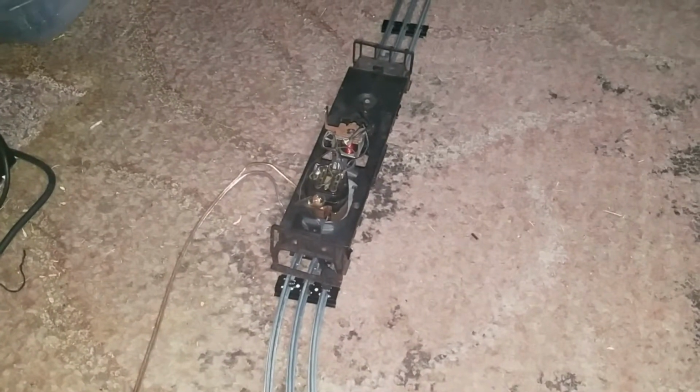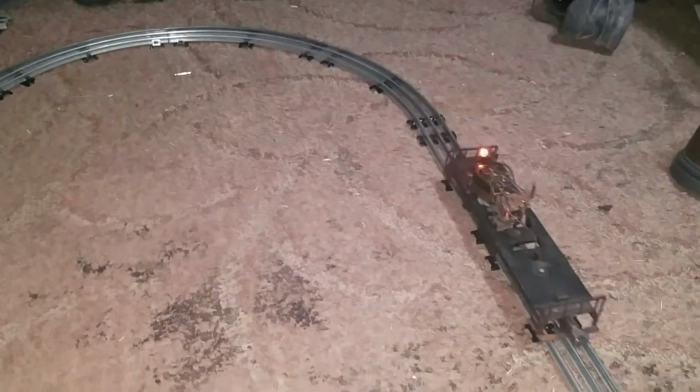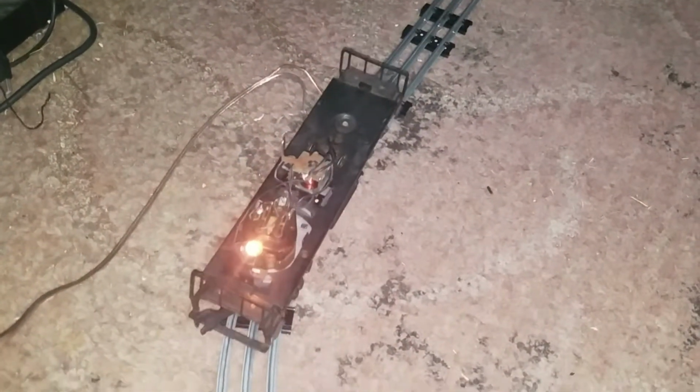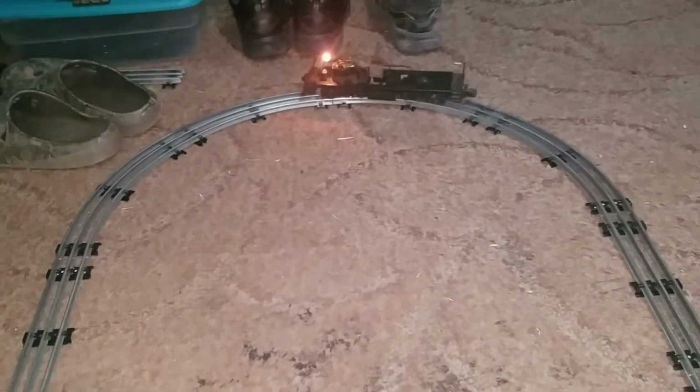Alright, let's see if she goes forward. Whoa! Just kind of shot off there. Well, looks like she's going backwards, so flip this switch here. Let's see if the E unit works. Now we're going forward. We stop. We keep going forward. There we go. So, looks like she runs right now. We'll come back when she's all...